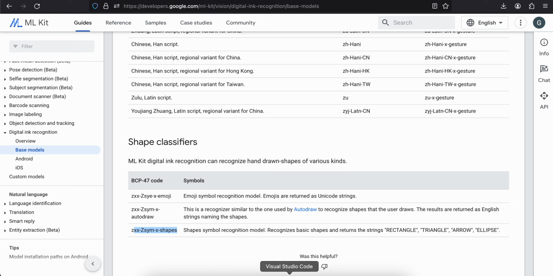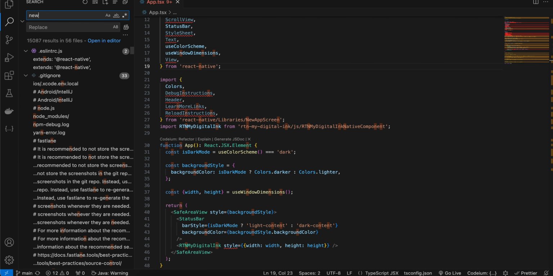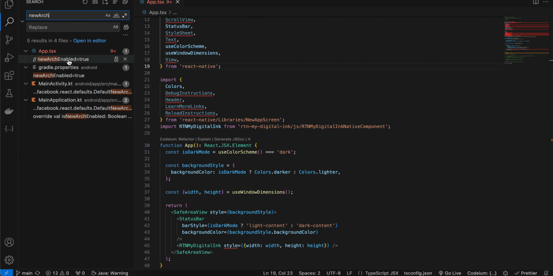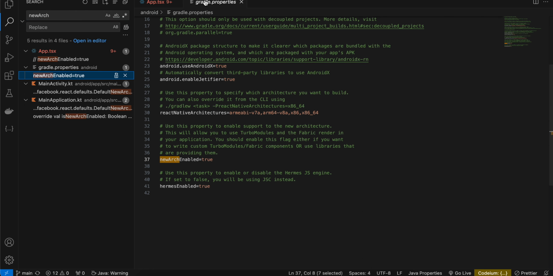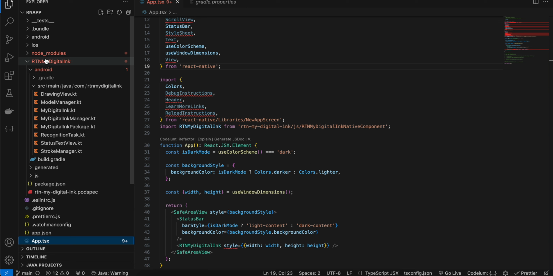So let's get started. First you will have to create your React Native app. Then you will have to search for newArchEnabled inside gradle.properties and make this true. Once this is true, you will have to create a folder called rtn-my-digital-ink. Inside that